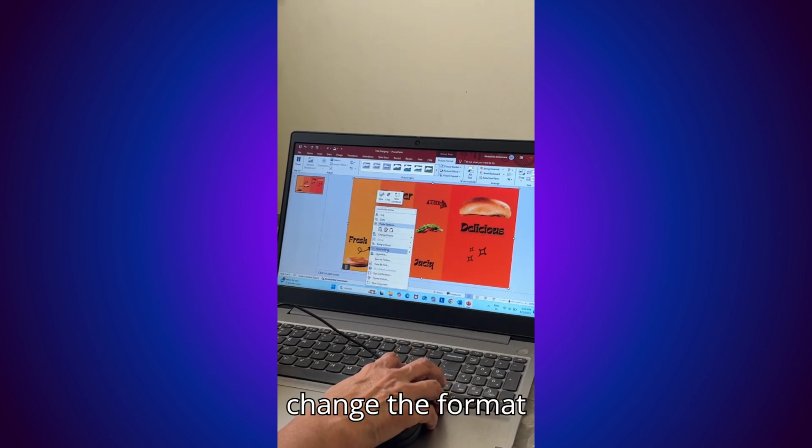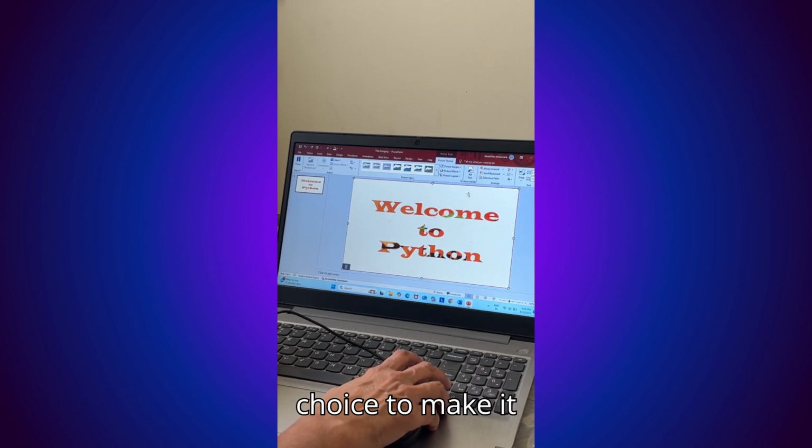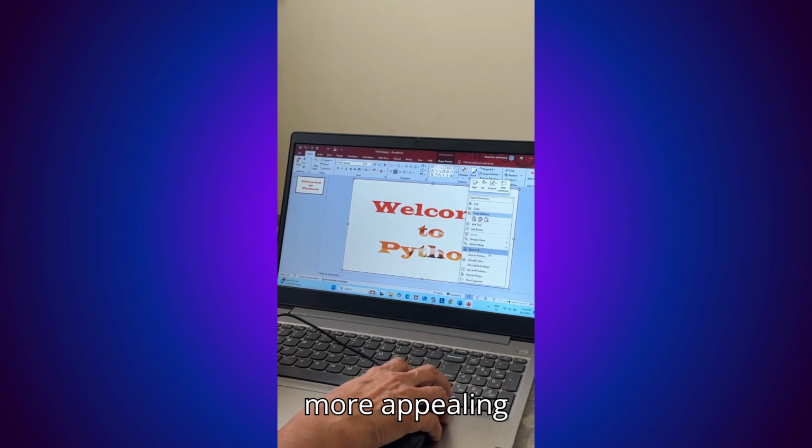And you can change the format, color or the background color as per your choice to make it more appealing